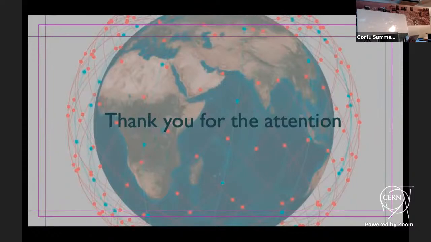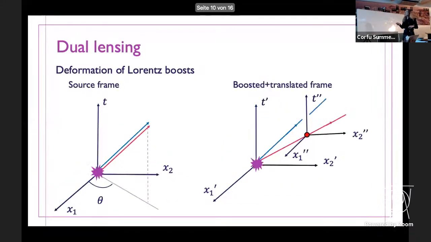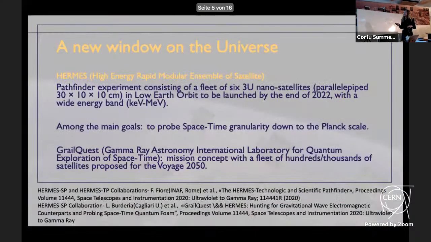Okay, so for example, for Hermes, the satellites will be the so-called 3U. So let me get back to the slide. Okay, so these are the specifics for Hermes, and then obviously for the Grail Quest, there will be an improvement. So each of these 3U nanosatellites will be a parallelepiped of 30 times 10 times 10 centimeters. So very small satellites, each one with a